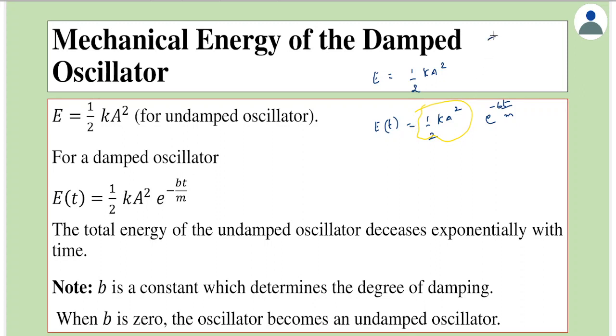If you plot a graph of energy versus time, even there we get a graph like this, which will keep on decreasing exponentially. So the total energy would decrease exponentially with time. As seen earlier, if we take b to be 0, which means it's an undamped case, then this term tends to 0, and what we get would be this only, which means an undamped case is a special case of a damped oscillator. Even though we take it for a spring mass system or a simple pendulum, the basic idea remains the same in every kind of simple harmonic motion.